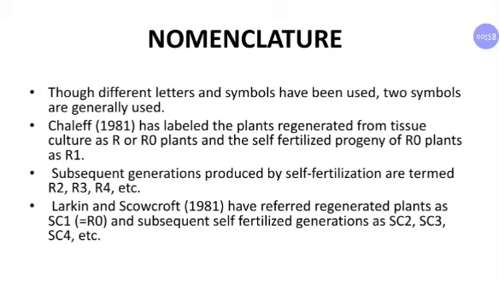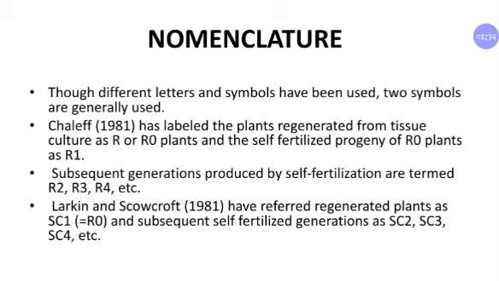Nomenclature. Generally, two symbols are used. Chaleff has labeled plants regenerated from tissue culture as R or R0 plants and the self-fertilized progeny of R0 plants as R1. The subsequent generations by self-fertilization are R2, R3, R4, etc. Larkin and Scowcroft have referred to regenerated plants as SC1, which is similar to R0, and the subsequent self-fertilized generations as